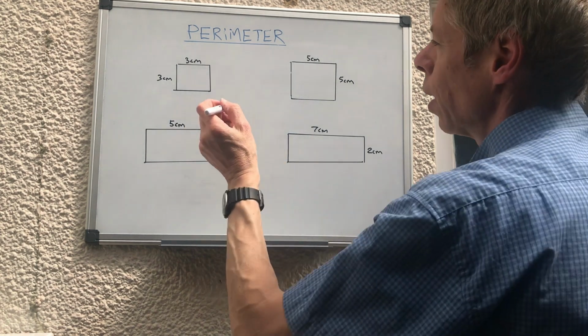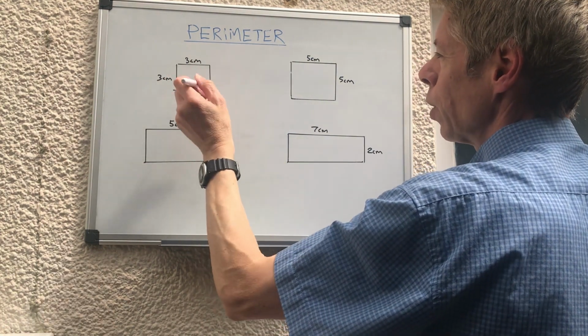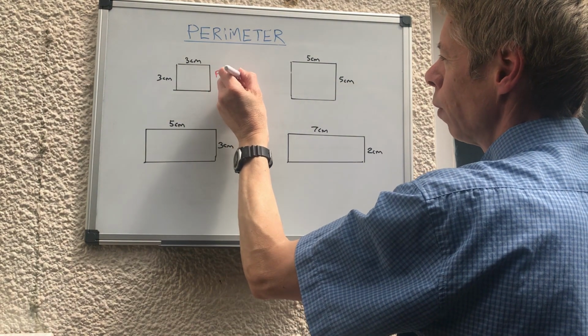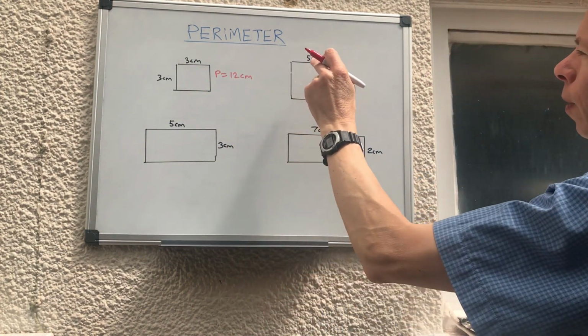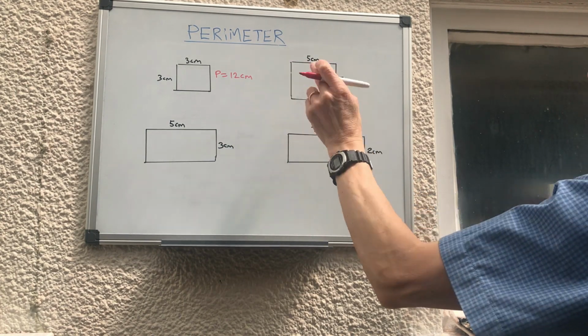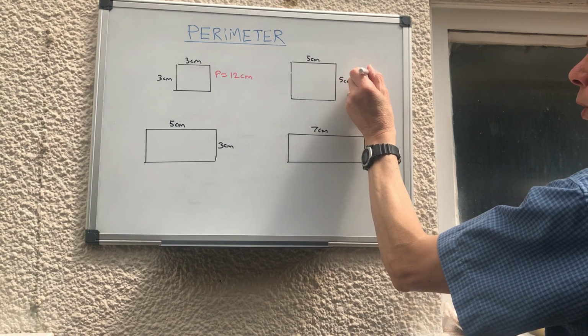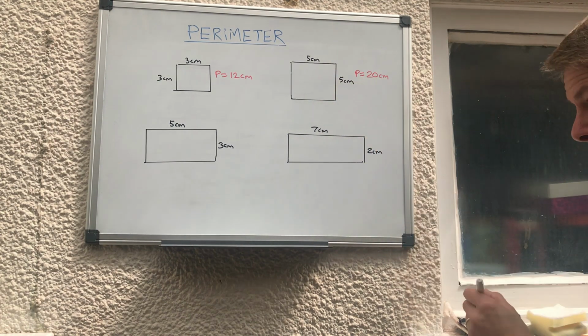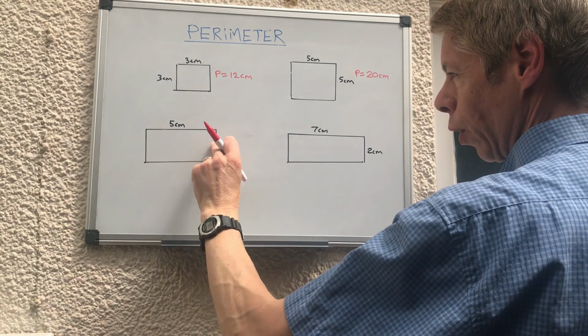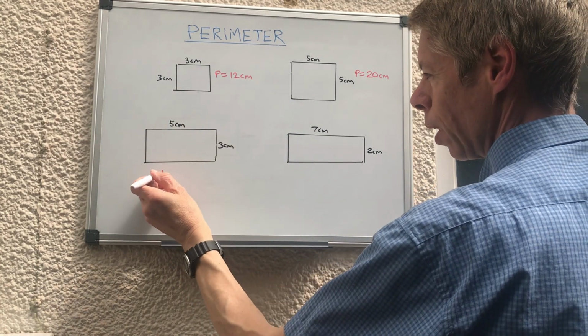So our first perimeter, 3 plus 3 plus 3 plus 3 equals 12, or 4 times 3 is 12. So P equals 12 centimeters. The second one, you could say, well, half of it is 10, double it, 20. So perimeter equals 20 centimeters. Third one, you could say, well, 5 plus 5 is 10, 3 plus 3 is 6, add them together,